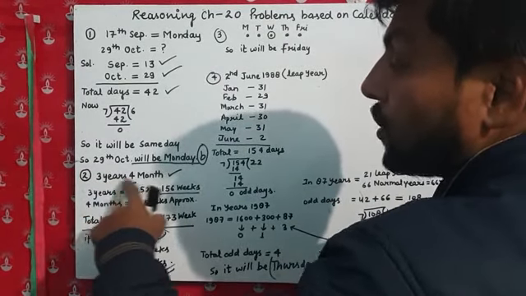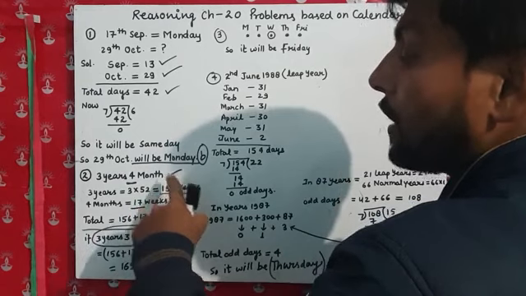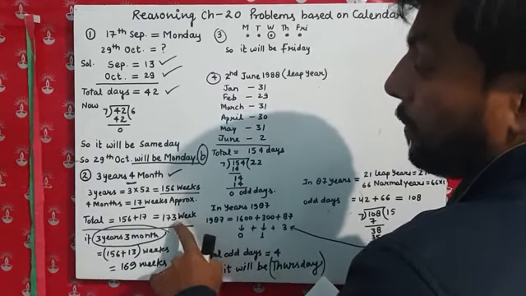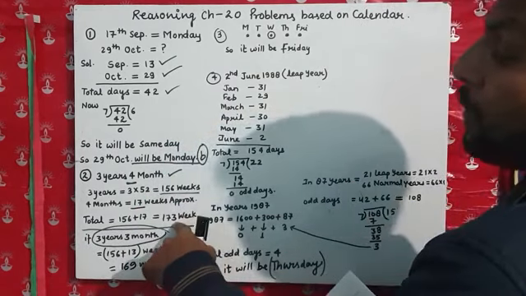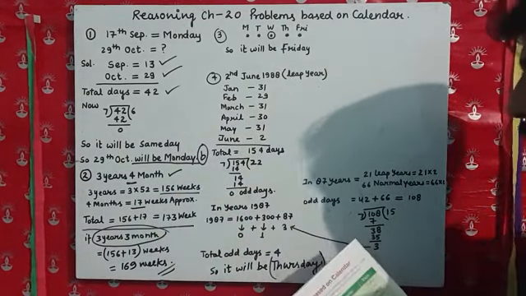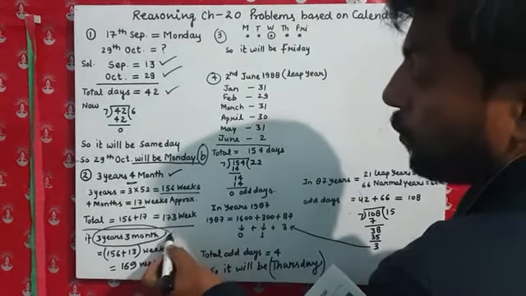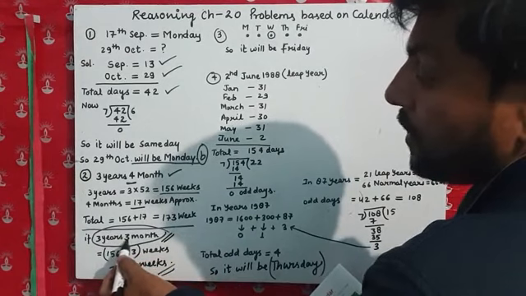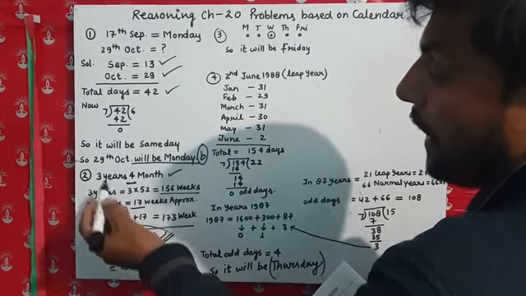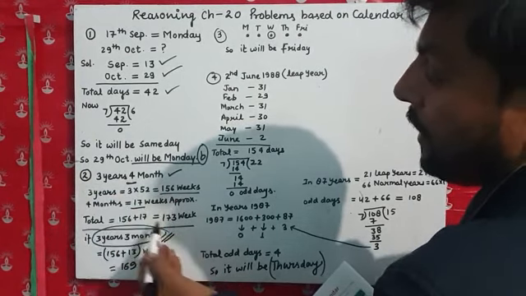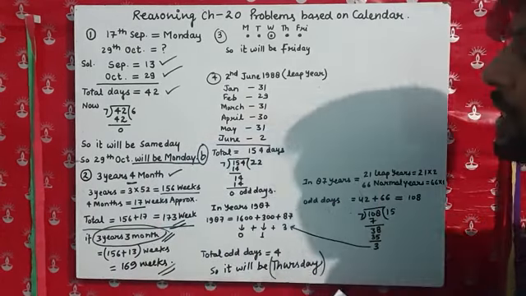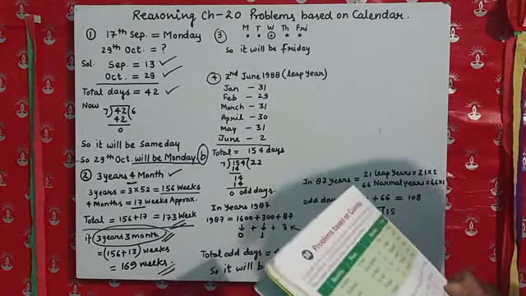If we take the question given in the book, then there will be no correct answer, because the correct answer would be 173. Okay? So either we correct the question to 3 years 3 months, then the answer becomes this, and if we take this question, then the correct answer will be 173 weeks. Now going to question number 3.